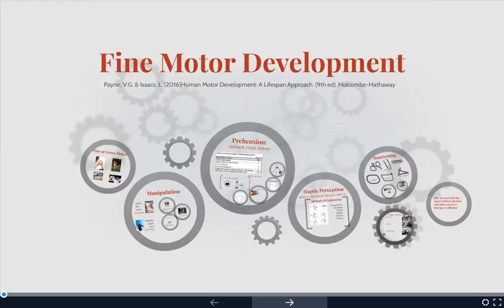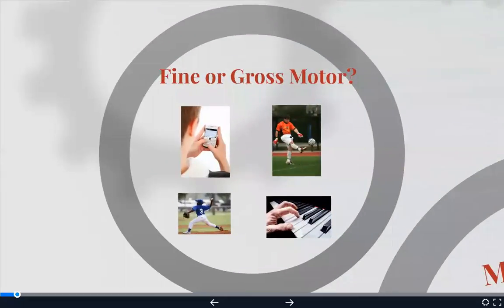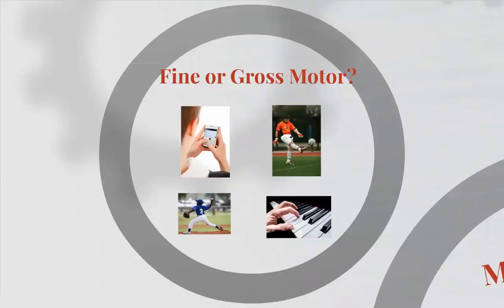Okay, so in chapter 11, we begin to talk about our fine motor skills. And remember, I introduced this concept earlier. So fine motor skills are your small movements with small muscles. Okay, so they have to be very precise and most accurate. And your gross motor skills are used with your bigger muscle groups, and they don't have to be as accurate to be successful. So if you were to look at some examples,